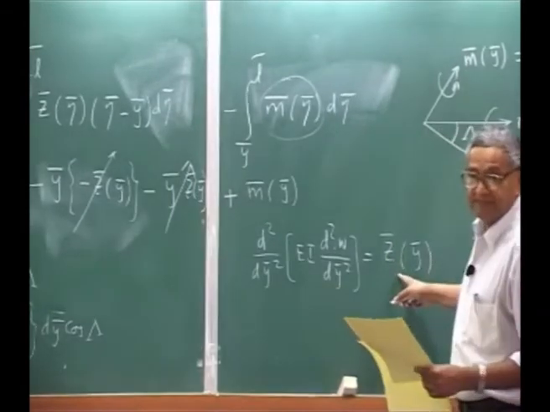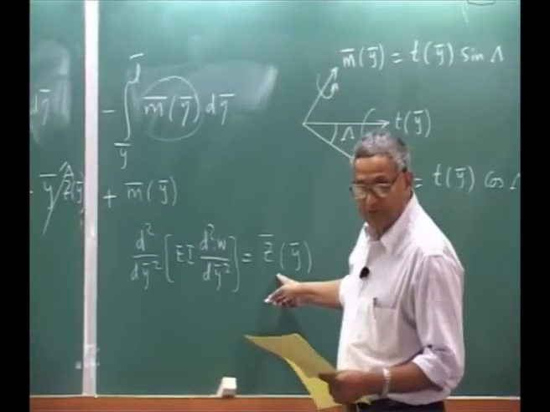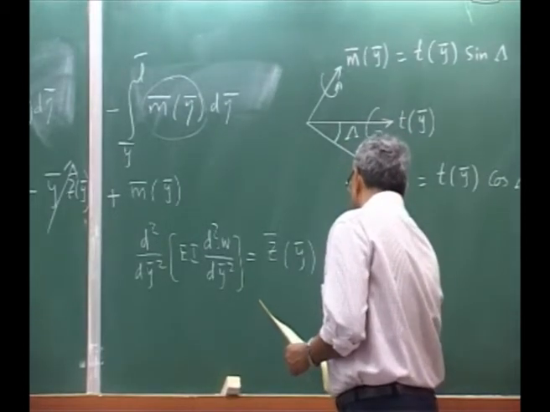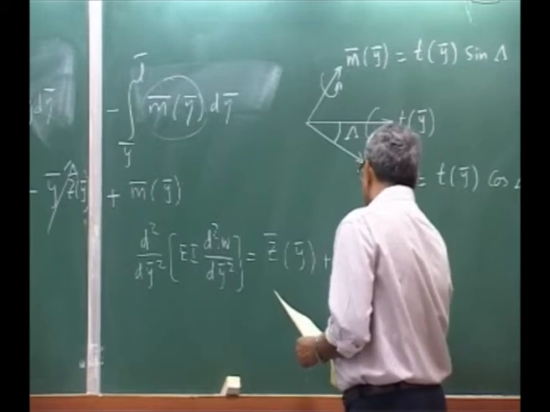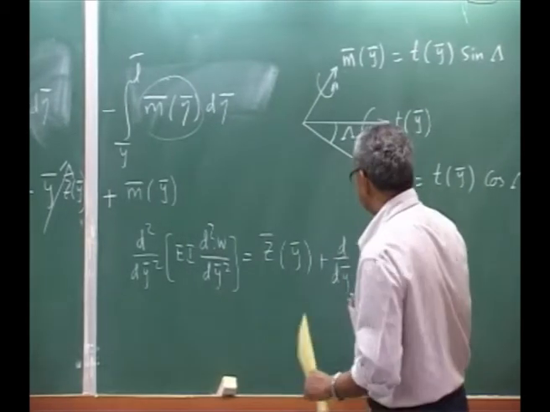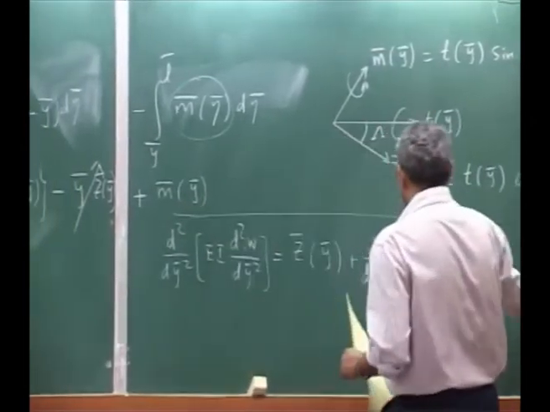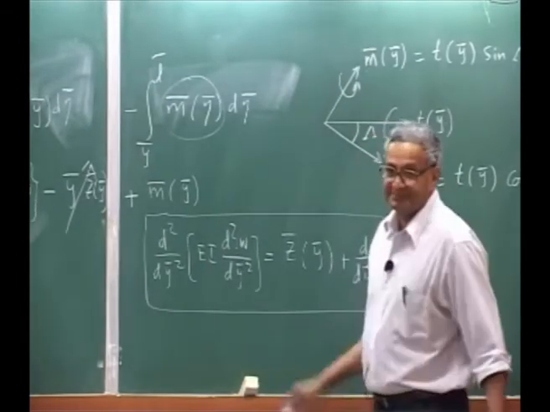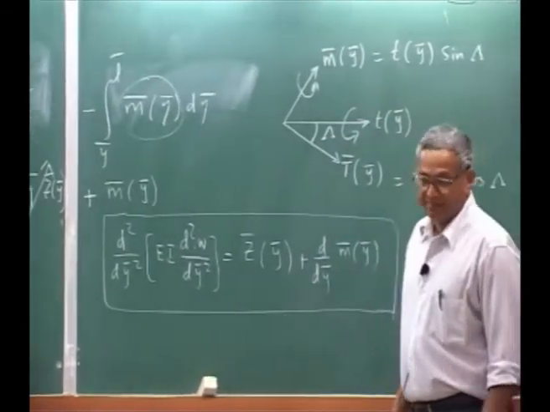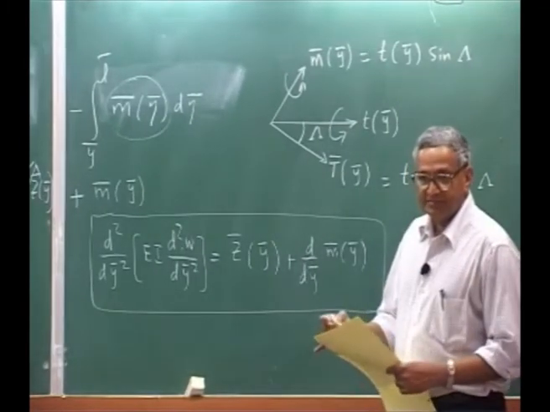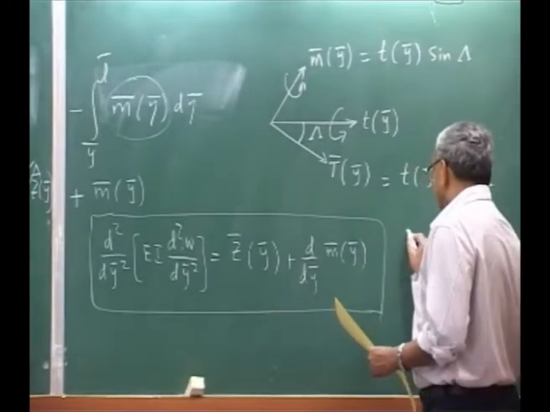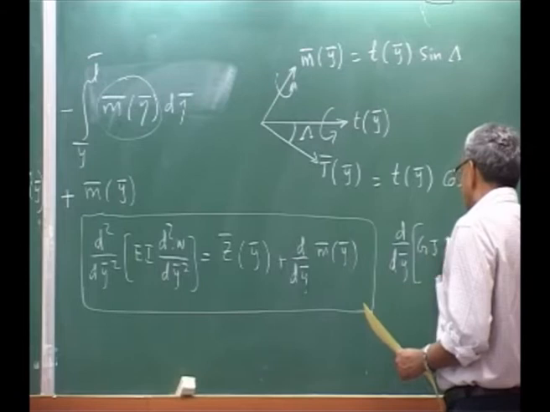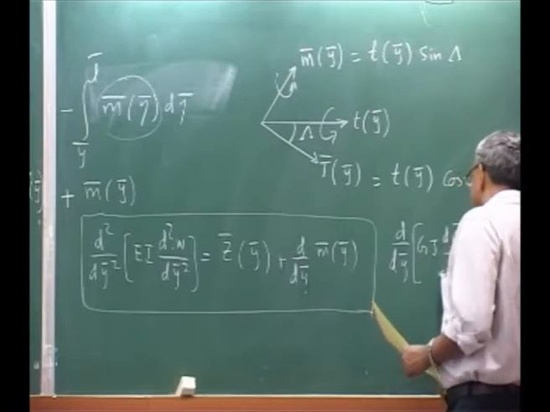This is my distributed force lift plus d over d y bar of m bar. Okay. This is my bending equation, and my torsion equation is basically d over d y bar of GJ d theta bar by d y bar